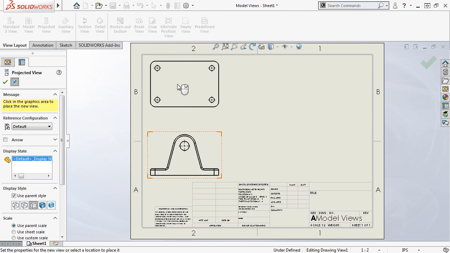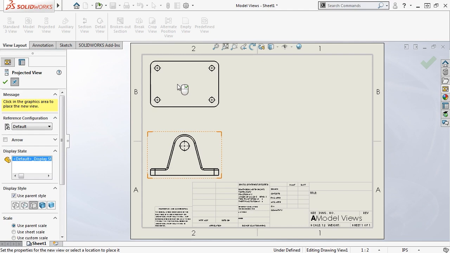In this case, the drawing is using a first angle projection, which means that the top projection is showing the bottom of the part. Later on, I'll switch the drawing to a third angle projection, which will cause this view to show the part from the top instead of the bottom. There's a lot to discuss when differentiating first angle projections from third angle projections, which I won't cover in this